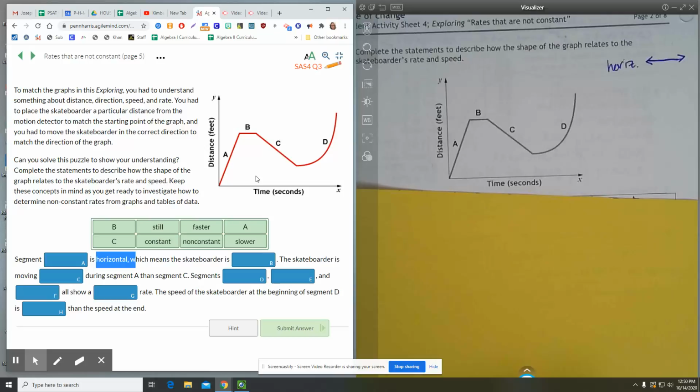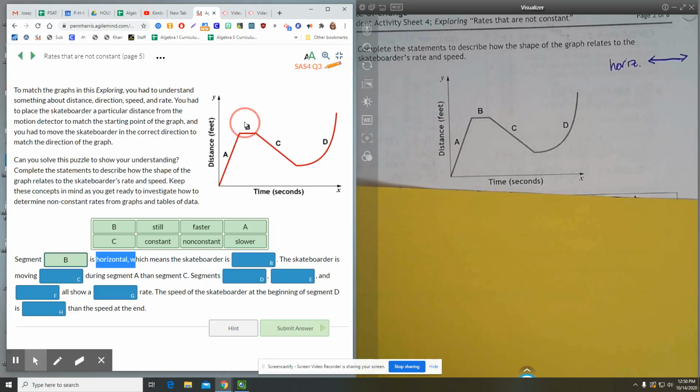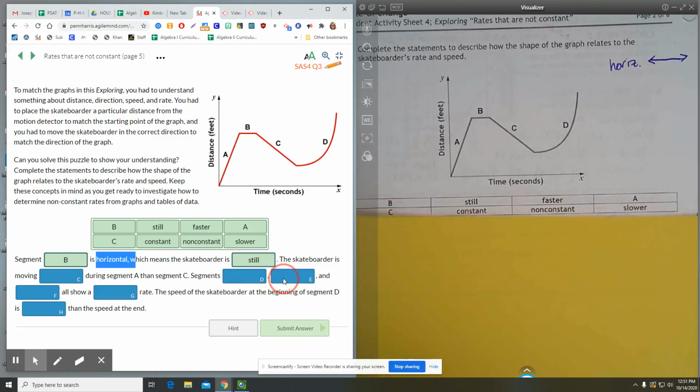So when I look at what's moving side to side, that's point B. Okay, so I'm going to drag B there. What do you think's happening at point B? Well, when I look at this, I see time is moving on, but I'm not getting any further away or any closer. Okay, when we have a horizontal line, guys, that means that the skateboarder is still. He's not moving. Okay. Now they want us to look at,